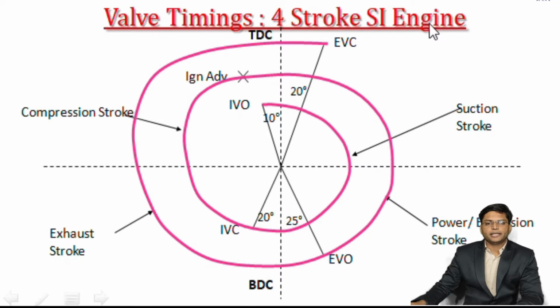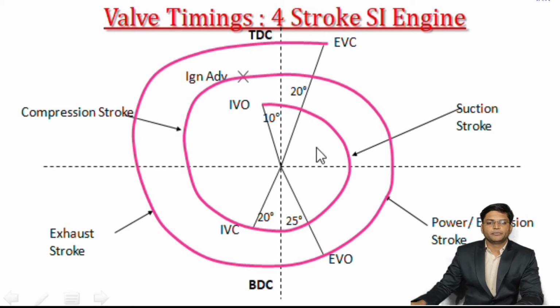Now in the ideal cycle, for the first 180 degrees there is a suction stroke. After that, 180 degrees of compression stroke, then the next 180 degrees is a power stroke, and the last one is 180 degrees of exhaust stroke. So this is done at the time of the ideal cycle. Now this is the figure for the actual valve timing diagram.